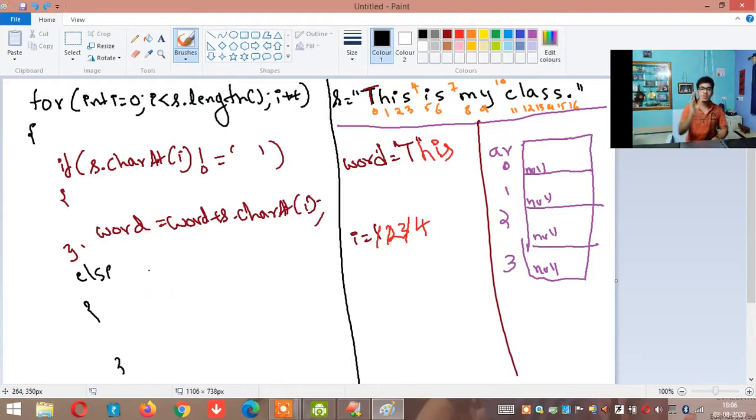What should I do when the control comes to else part? Watch here carefully. When you see a space, it means that control has reached here. When the control has reached here, don't you think I can guaranteedly tell that whatever is present in the word variable is one word?